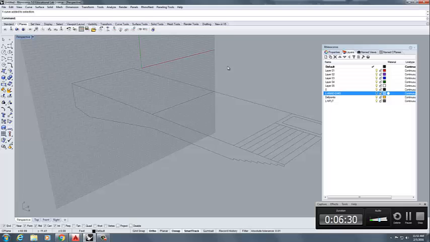We can use this via the sweep tool. Type sweep 1. You can do this lots of different ways. You could type SW1, sweep 1. The other place you can find this tool is in